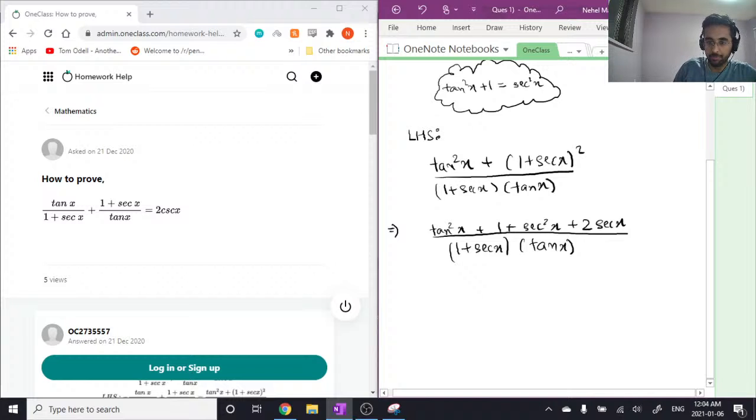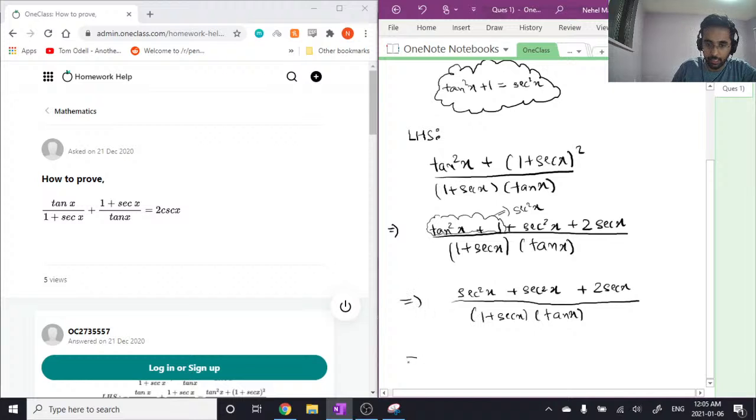this. If you see here, this looks oddly familiar, or this looks exactly like our side note. This is actually nothing but secant square x, so we'll go ahead and plug that in. We would get secant square x plus secant square x plus 2 secant x, whole divided by 1 plus secant x tan x. On the top we have 2 similar terms, so we'll go ahead and add them,